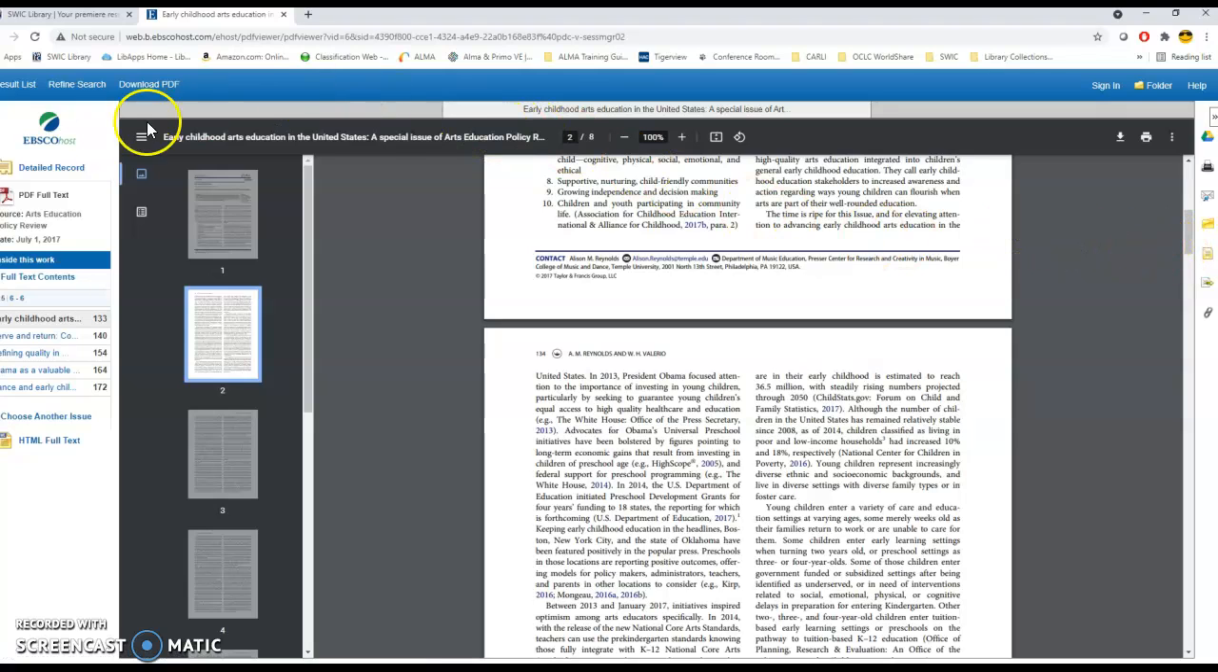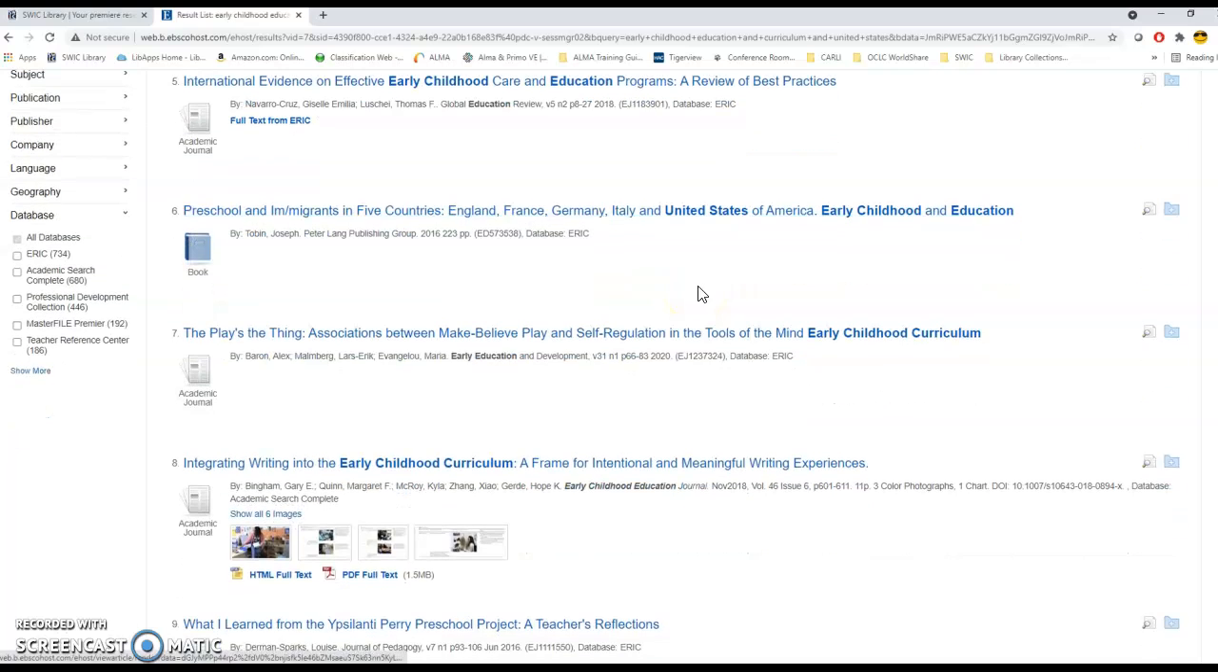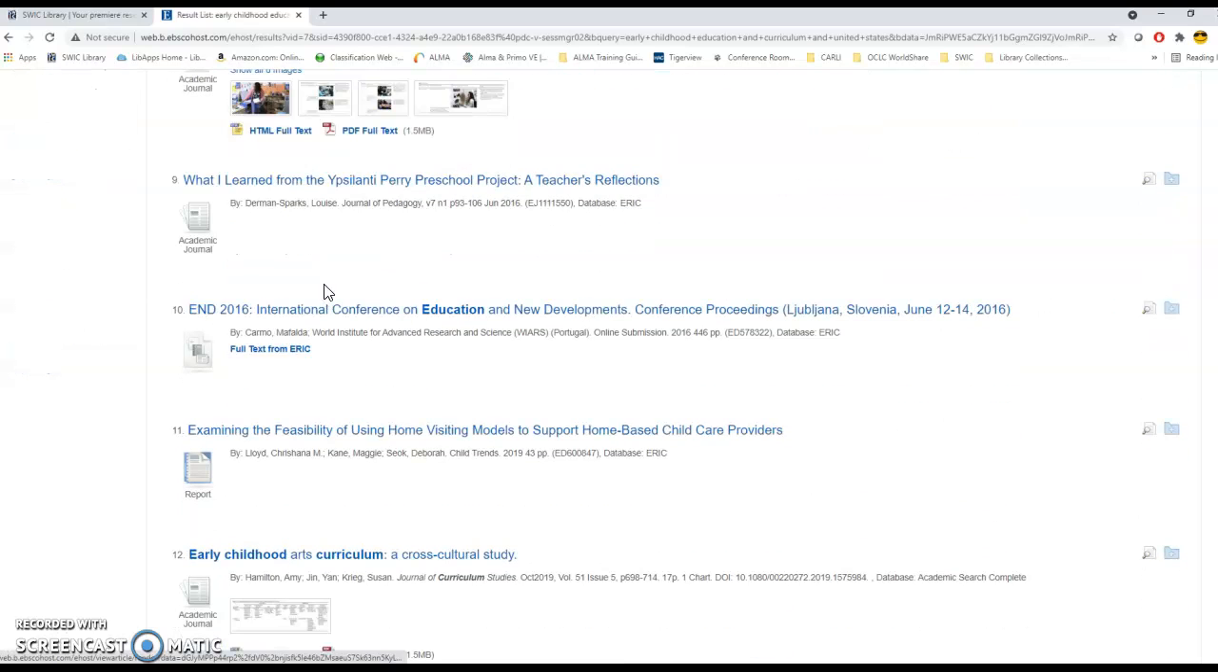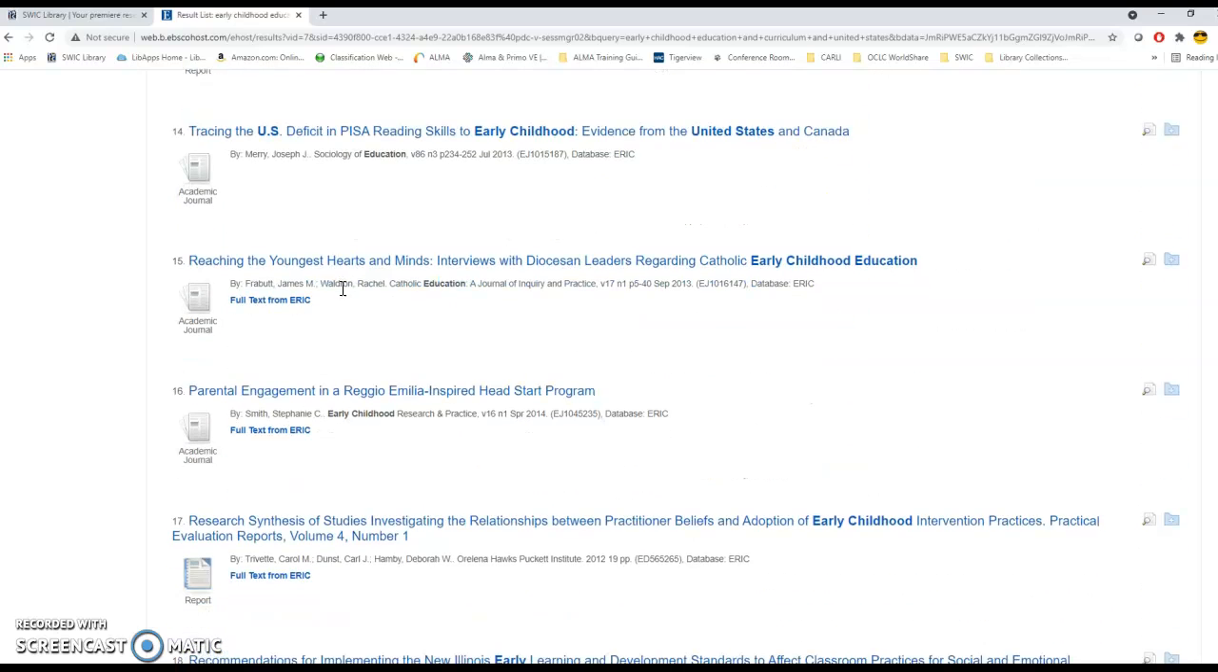You can hit your back button or you can hit results list to return back to the main list. You'll also see once you include ERIC as one of your databases that sometimes you'll get books in here as well. Now when you're looking at articles, sometimes it's worth it to scroll down and look at all of them